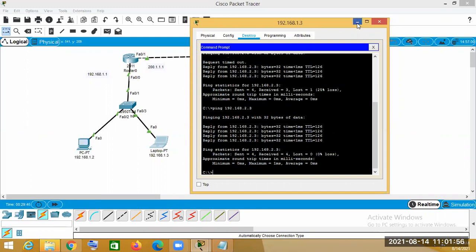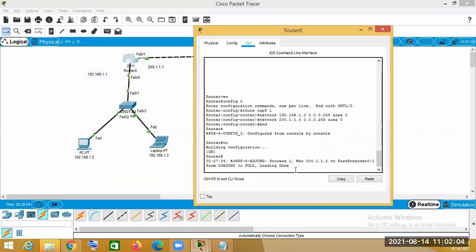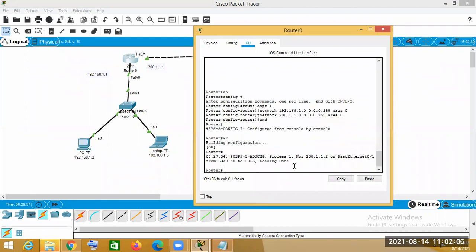Now, what we have to do? We will use the commands. Now, if we go inside the router, let's say in this router, we want to check the OSPF, that is the Open Shortest Path First commands.